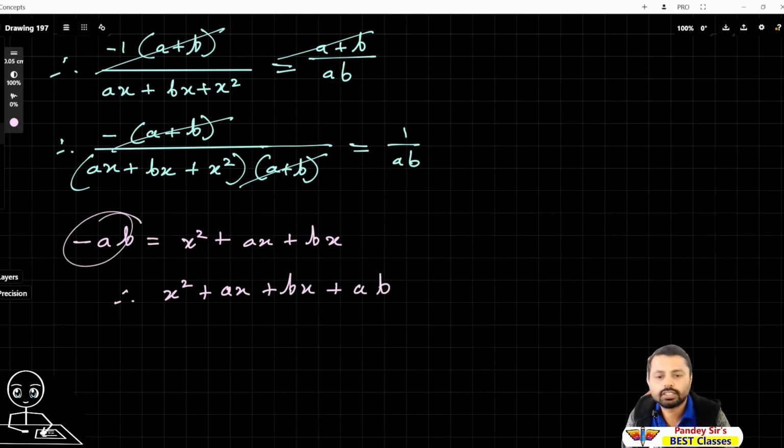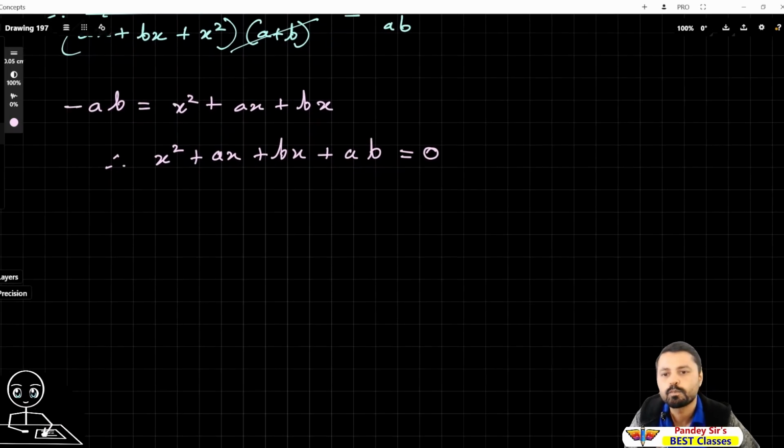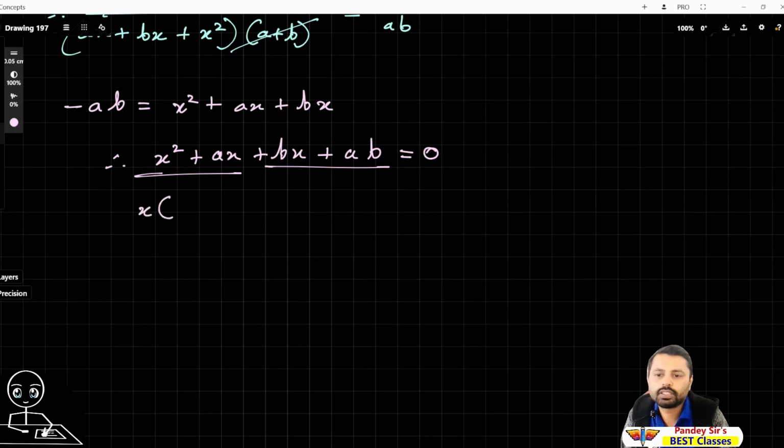Now this side is nothing, so equal to 0. Now let's take common. Here I can take x common and here I can take b common. If I take x common, it will become x in bracket x plus a, plus b in bracket x plus